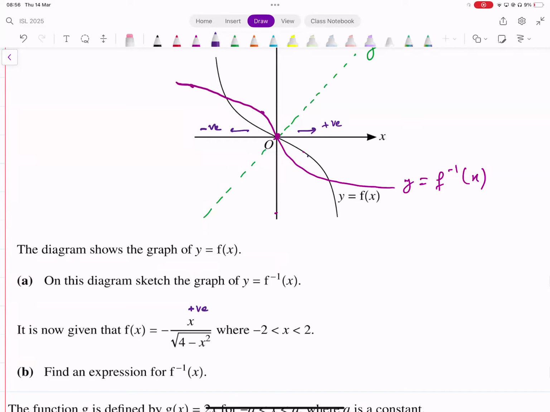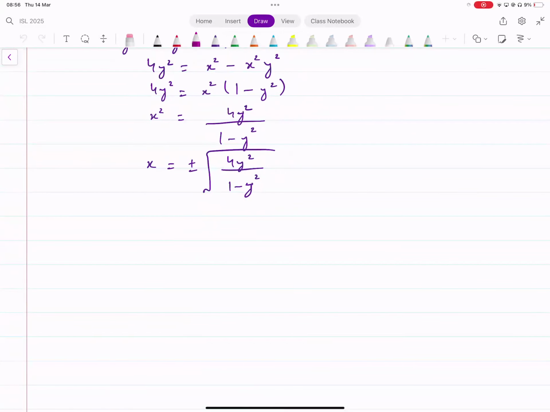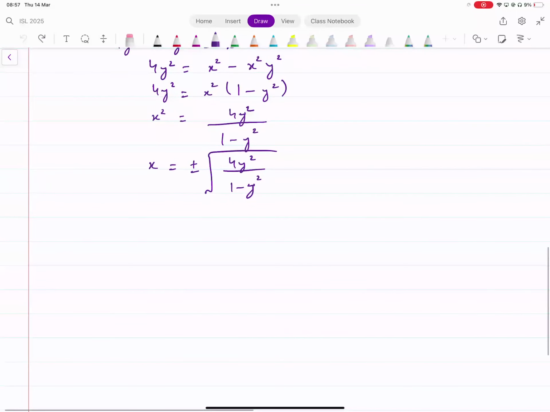और जब x नेगेटिव है तो y क्या आ रहा है? y पॉजिटिव आ रहा है। अब देखिए, उसने आपसे इनवर्स का ग्राफ भी स्केच कराया फर्स्ट पार्ट में। इनवर्स के ग्राफ में भी जब आप x की वैल्यू पॉजिटिव इनपुट करते हो, what's the value of y that you get? नेगेटिव। x की वैल्यू जब नेगेटिव इनपुट करते हो, the value of y is positive। यहां पे भी उल्टा हो रहा है। इनवर्स में भी अब आपको वही करना है कि अगर आप पॉजिटिव वैल्यू ऑफ x इनपुट करो तो नेगेटिव है, नेगेटिव इनपुट करो तो पॉजिटिव है।